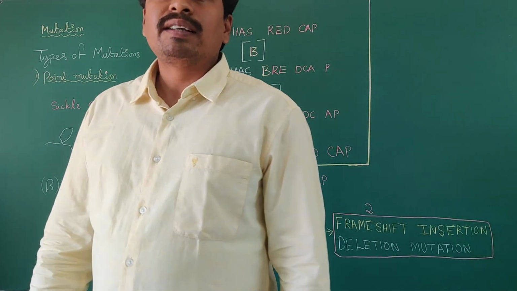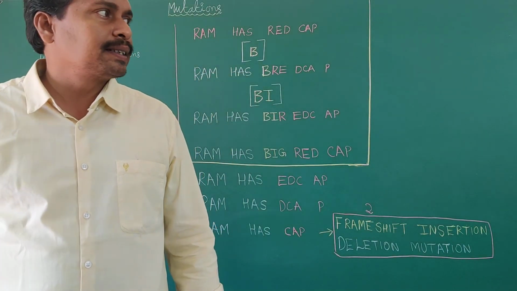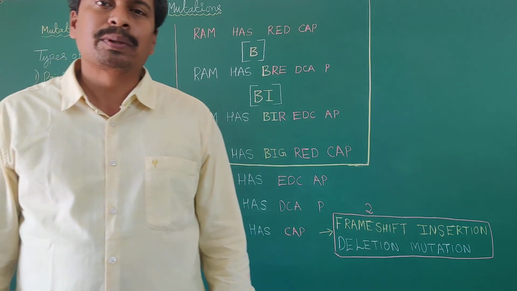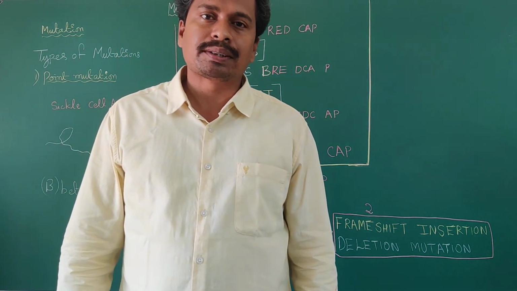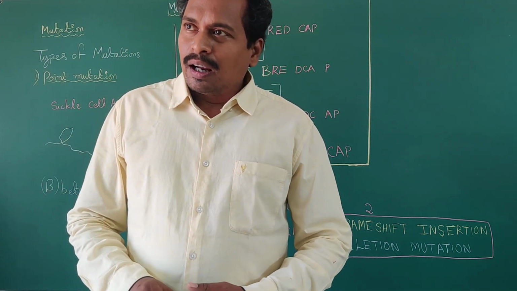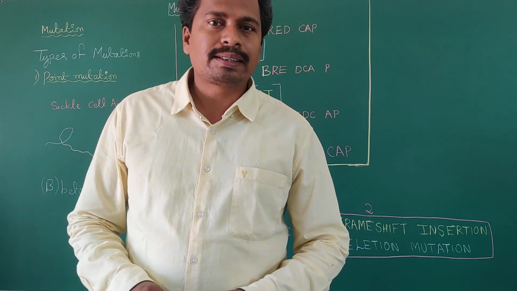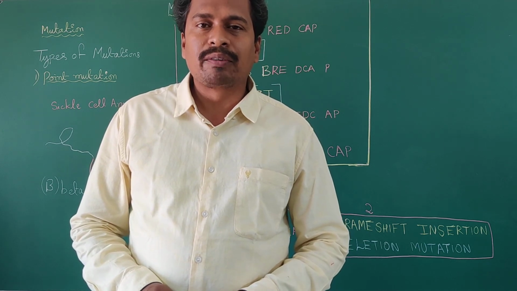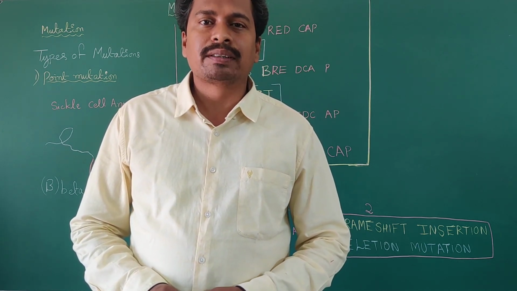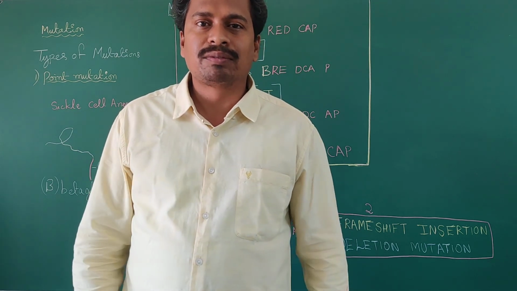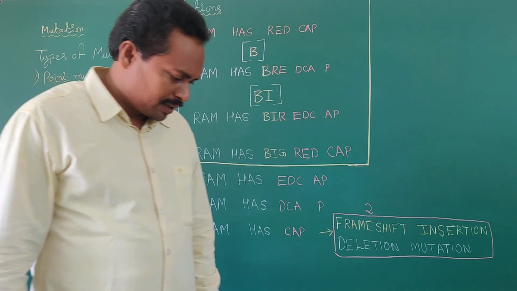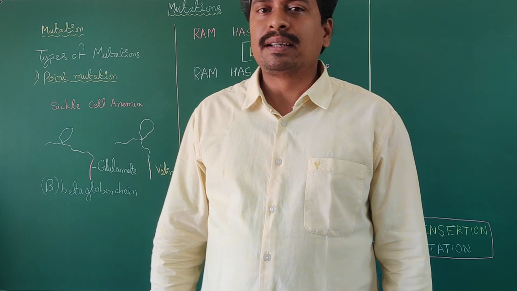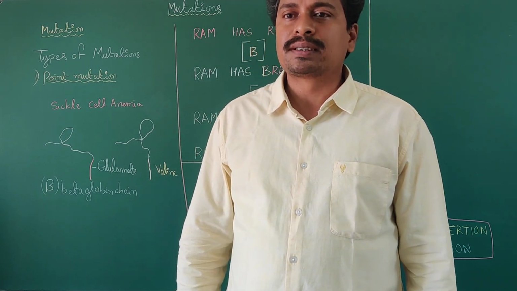In human beings, in ancient times, in earlier days, human beings had tails, but nowadays those have disappeared due to mutations. Okay, and in snakes, the snakes had legs in ancient times, but nowadays the legs have disappeared. That is one of the examples for mutations. In human beings, absence of tails; in animals like snakes, absence of legs.